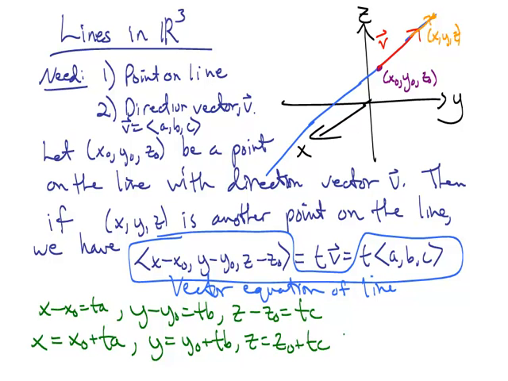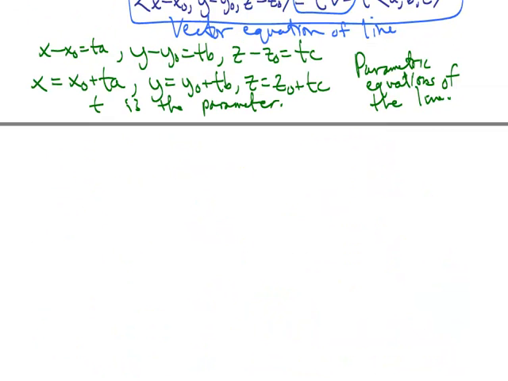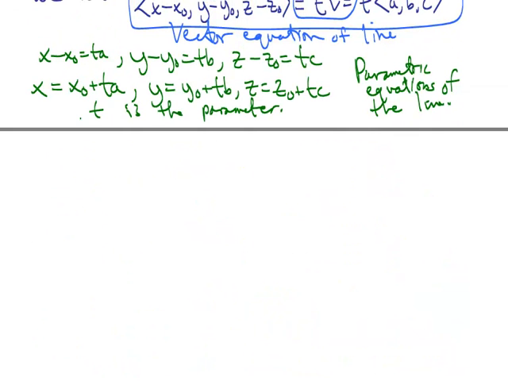These again are referred to as the parametric equations of the line. T here is what we call the parameter. Now we actually have one more form that we can put these equations in, and that is if we solve for t,